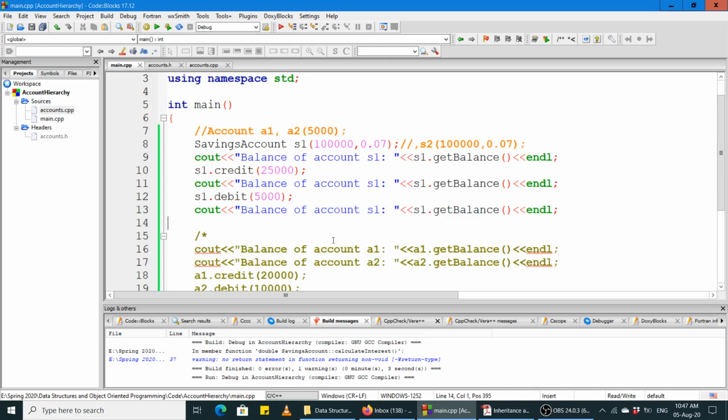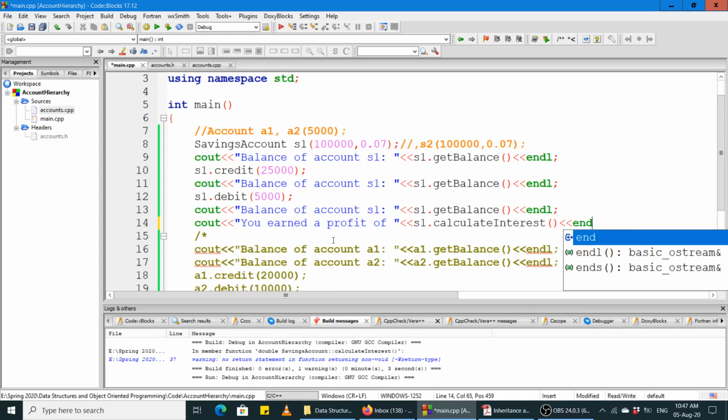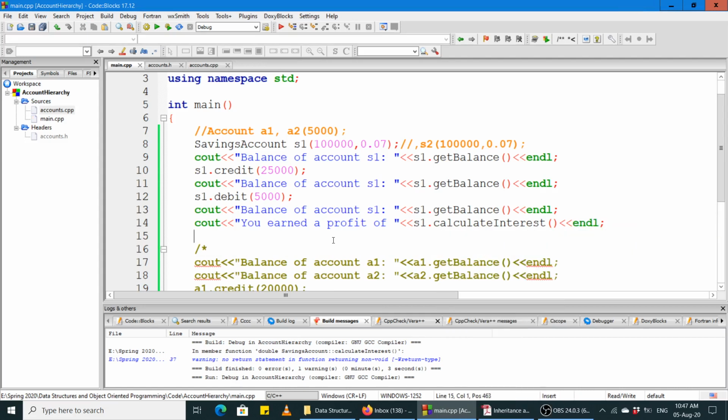अच्छा जी, so यहाँ पे हम मैसेज प्रिंट करते हैं कि जी you earned a profit of, and then we say s1 dot calculate interest, ठीक है। और फिर हम ये प्रॉफिट अकाउंट में जमा भी करा देते हैं, ठीक है। सो हम कहते हैं कि जी योर बैलेंस आफ्टर क्रेडिटिंग